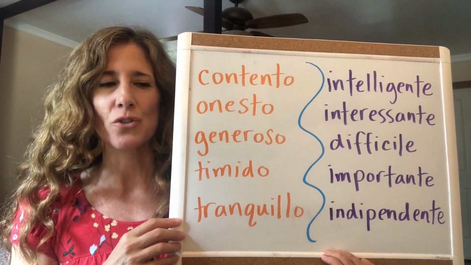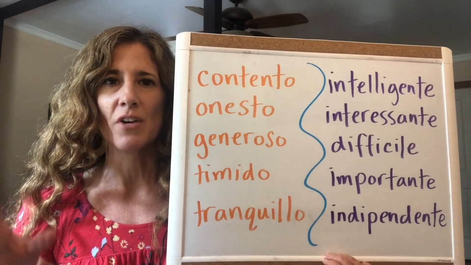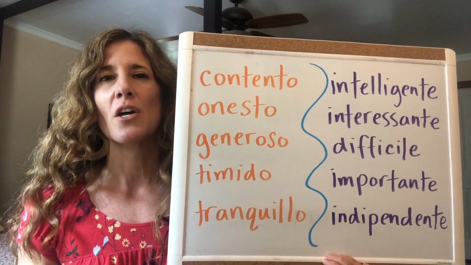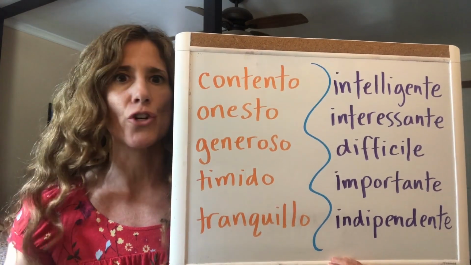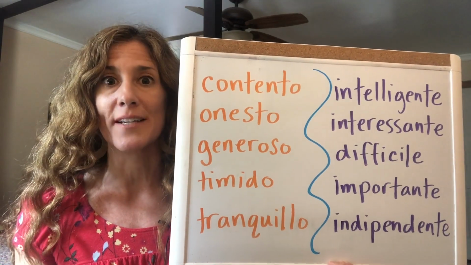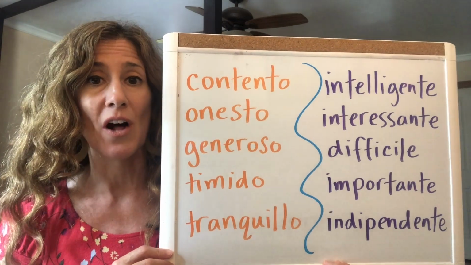So I hope as you're studying Italian that you feel like a detective trying to find these similar words, these cognates, and trying to make sense of other words from your knowledge of English or your knowledge of Spanish. There are actually a lot more cognates between Spanish and Italian, so if you know Spanish, that's going to help you as well, okay?